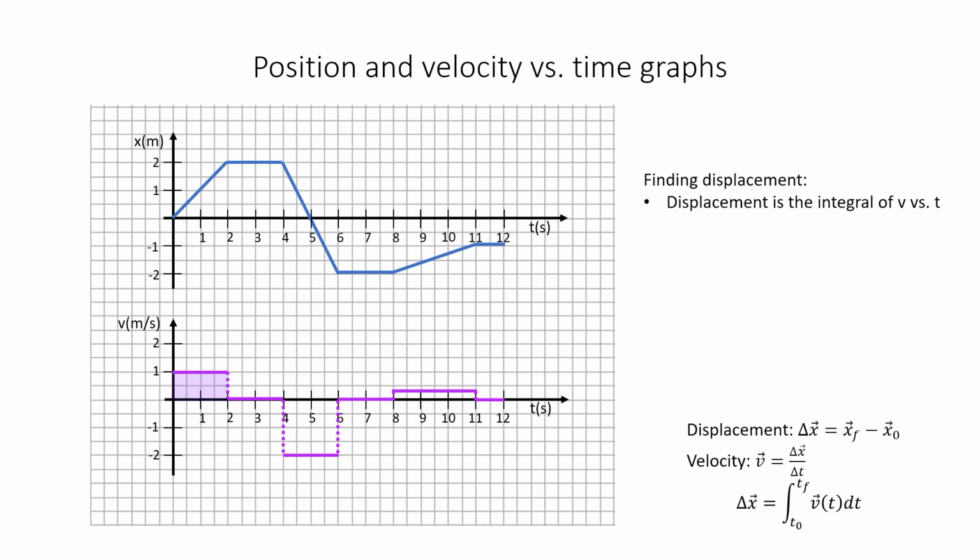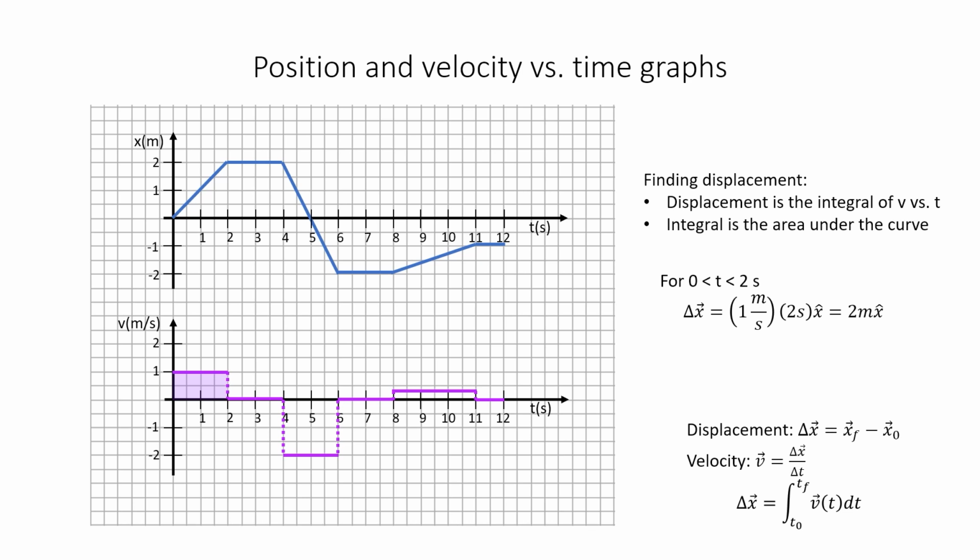Now, if we want to find the displacement, if we have the velocity graph, then we recognize that the displacement is the integral of velocity versus time. In general, we may have some velocity function. For this case, we just have a constant velocity over our time intervals. This means we can simply count the boxes under to find the area under the curve to find the integral